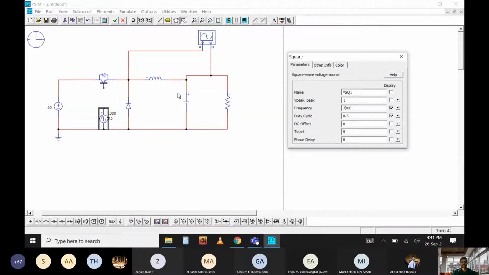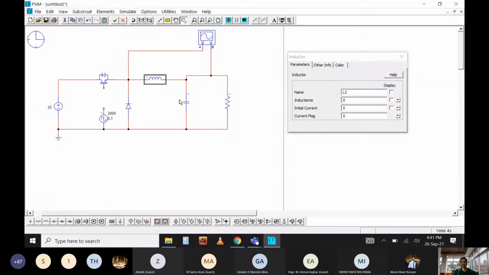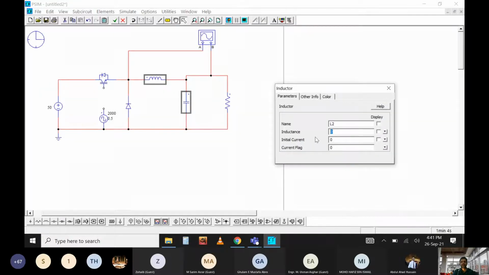How are you going to design this filter circuit? You can see that if the carrier frequency, the modulation frequency, is 2 kilohertz, then this LC filter, constituted by these two elements, should have a cutoff frequency less than 2 kilohertz. So design this filter circuit accordingly, so that you get a cutoff frequency less than 2 kilohertz.